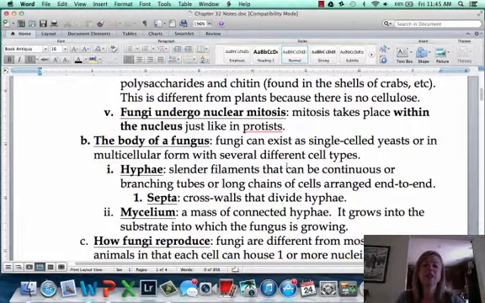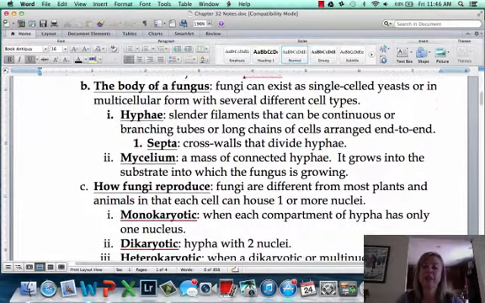Okay, so as far as the morphology of these guys, there's a lot of diversity. Included in the kingdom fungi is going to be yeast, and so yeast are going to just be these single-celled organisms that we use for different things we'll talk about in a little bit. And then you can have the multicellular forms. You can have molds, you can have mushrooms, all sorts of things like that. But one thing that they're going to have are these hyphal cells called hyphae, and those are going to make those long filaments. And in between them, they're going to have septa, and septa is just going to be a wall that divides them. And in science, anytime you hear septum, that's going to be some sort of a dividing wall. Like in your nose, you have a septum, if you've ever heard of a deviated septum, right? So anytime you have some sort of a wall separating stuff.